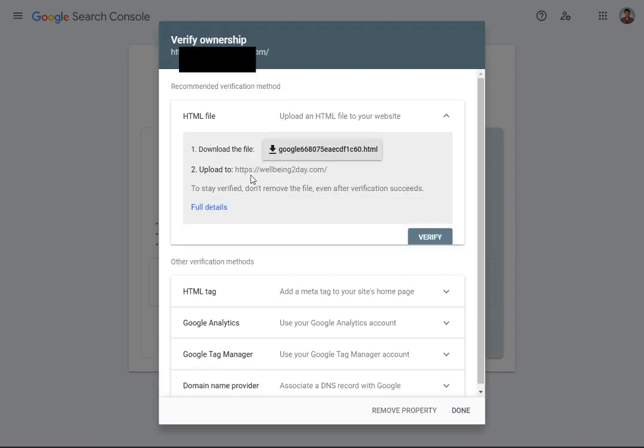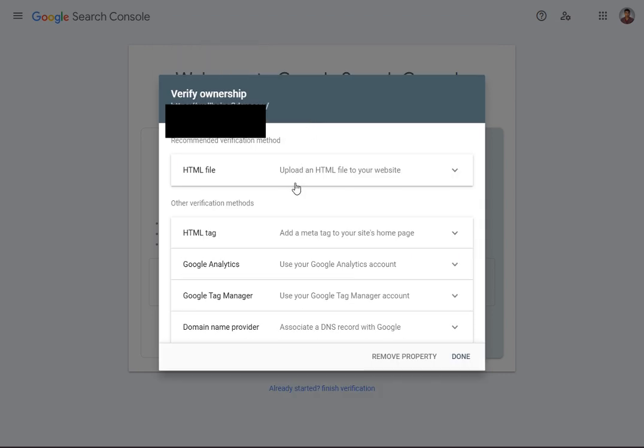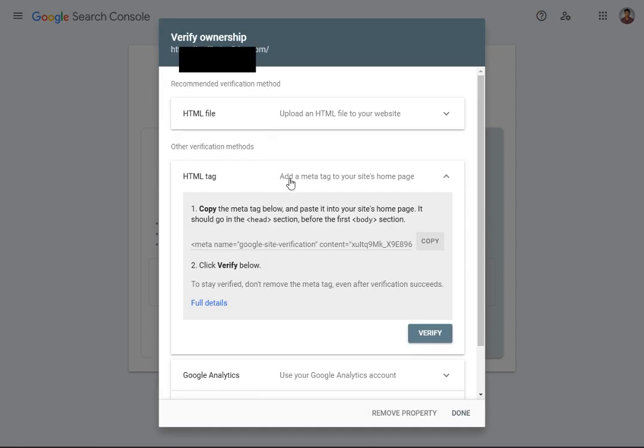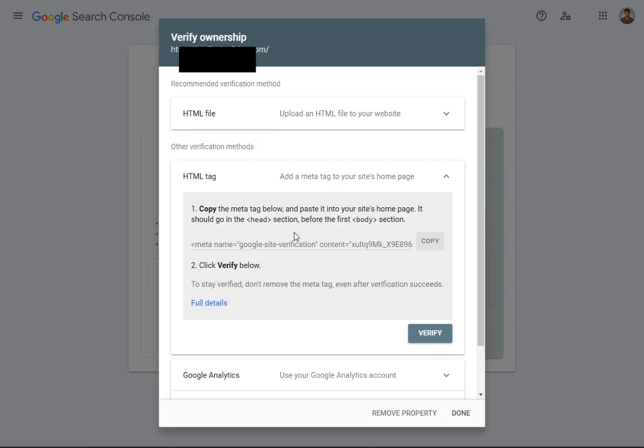First, HTML file. That means we have to download this file and upload to our website. And the second method, this is the popular and very easy method, which is HTML tag. By the way, you can verify with Google Analytics and Google Tag Manager. So I would like to verify with HTML tag. So to verify Google Search Console via HTML tag,